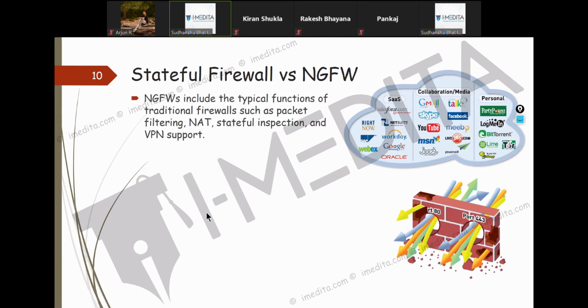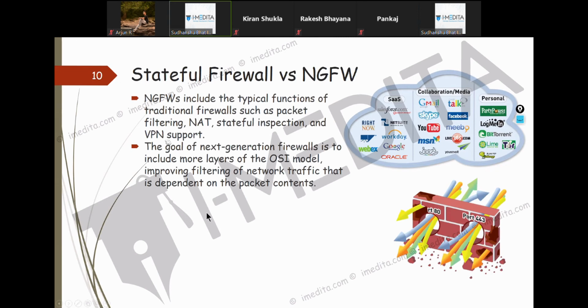Okay. So what a next generation firewall can do for you is all the things that your stateful firewall can do, like packet filtering, NAT, stateful inspection, VPN. But it goes beyond the transport layer and looks at the application layer to identify each of these applications individually, based on the pattern of data.